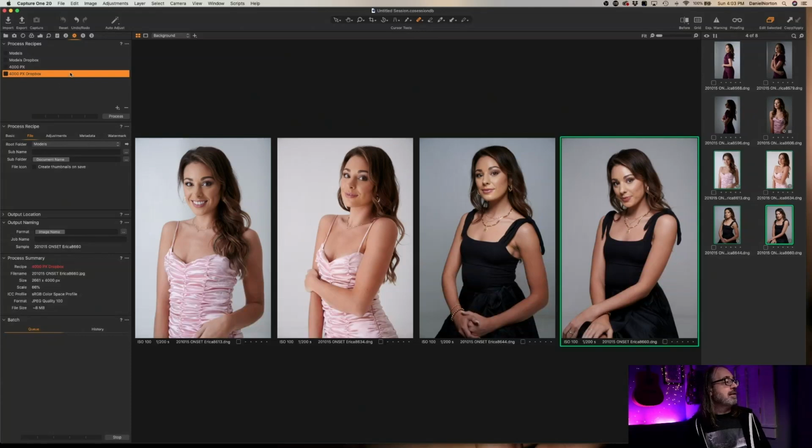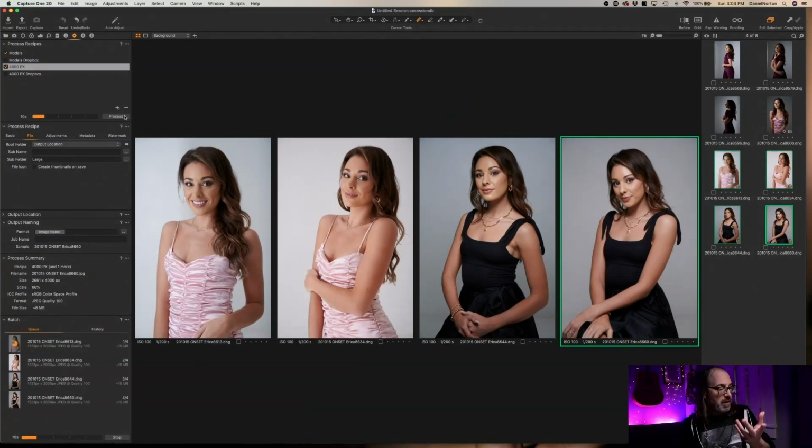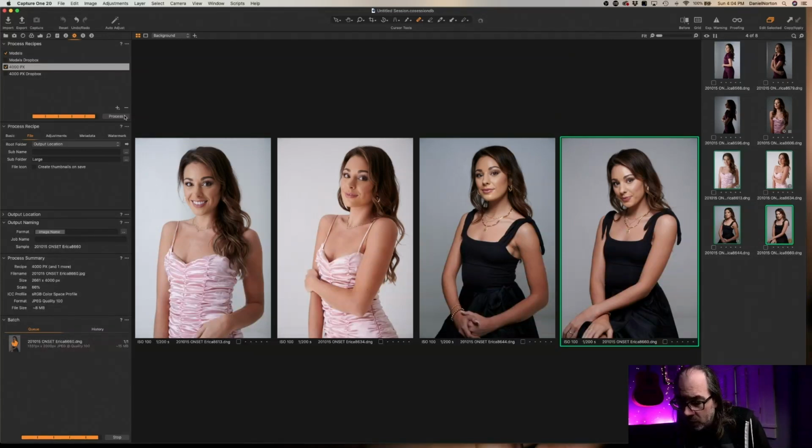If I were to, okay, so again, let's say that I've got two different things. I want to do models and 4,000. So I'm going to give them 2,000 and 4,000, and I want them to be in two separate folders, right? What I would do is click on both of these, and then come to one of them, or you could do it in both of them, I suppose. In my output location, I would just make a subfolder. So let's say this one I'll call the subfolder small, and in this one, large. Now if I'm going to run those two executions, and I've got these 4 images, and I hit this, it's going to crank through them, and we should get 2 folders inside of our